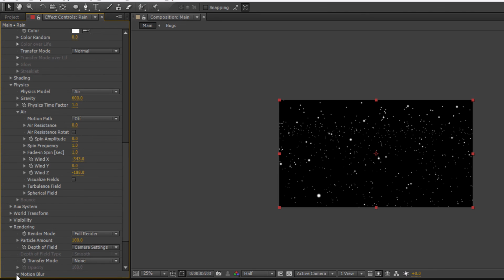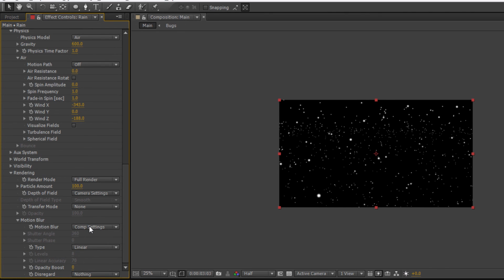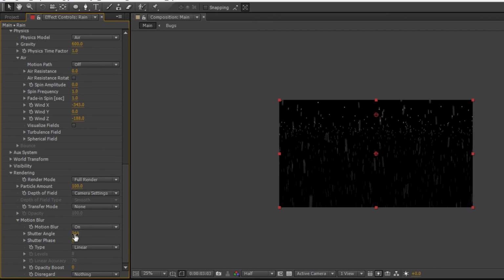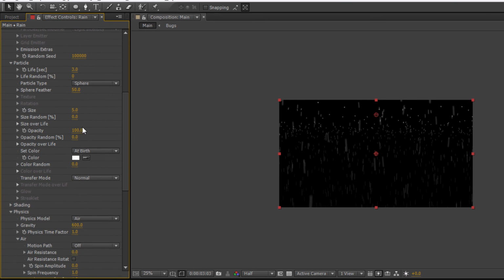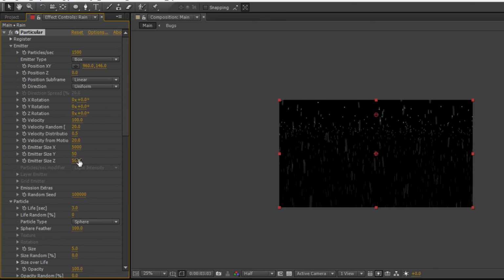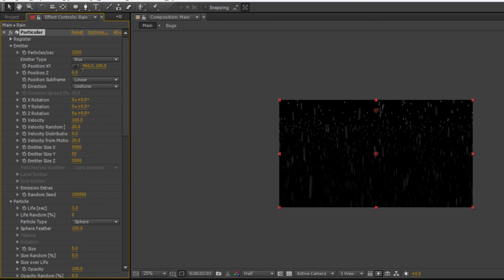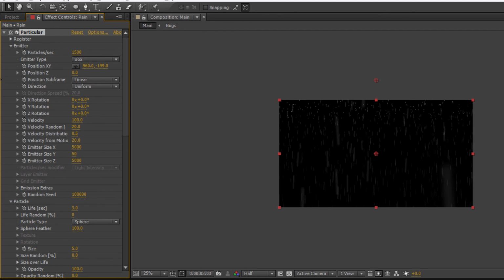Motion blur, we're gonna set it from comp settings to on, and shutter angle, same, that's all the same. All right, now what I think I need to do is decrease the opacity maybe a bit, or not. No, I'm not gonna do that. I'm gonna feather, that's what I'm gonna do. Just gonna increase a bit of that, and now I'm gonna move it up so it's raining from the top,